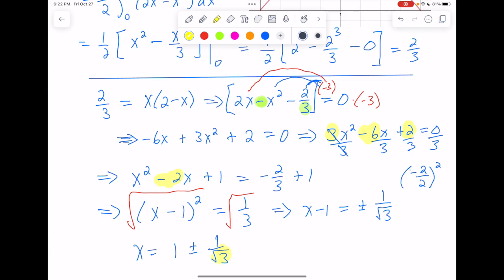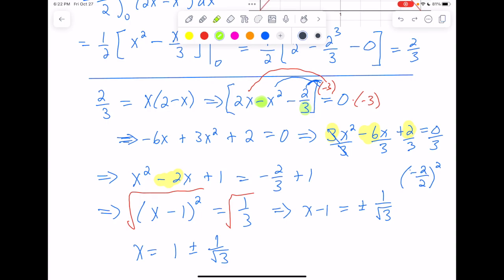Square root of 3 is bigger than 1, so 1 over the square root of 3 is smaller than 1. So we're taking 1 and adding and subtracting something that is smaller than 1. So when you take 1 minus smaller than 1, you'll be bigger than 0. And 1 plus smaller than 1 will be smaller than 2. So you could check that on your calculator if you want, but I just convinced myself that both of those are between 0 and 2.